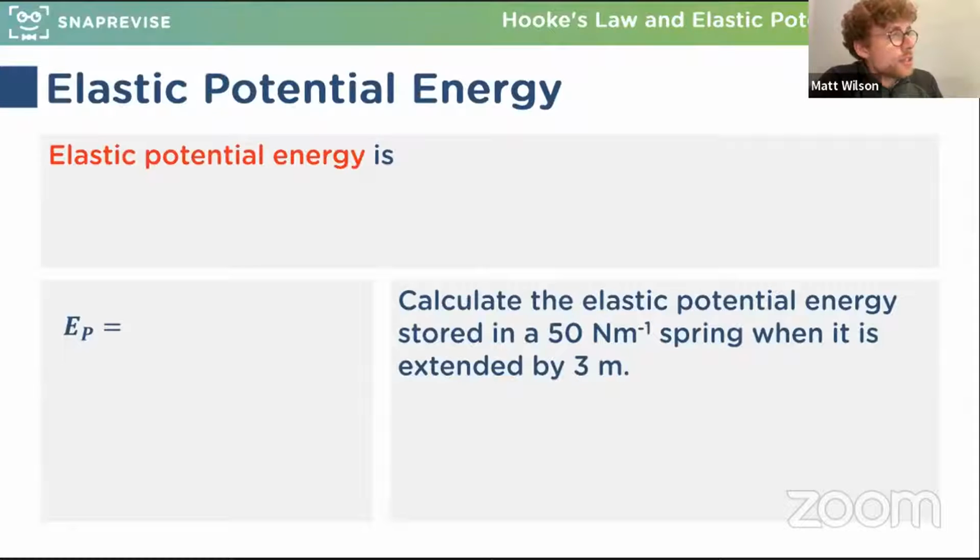So that's the energy. What we've covered so far is the energy required, the energy transferred as we stretch a spring. And the other way of thinking about this is to say that what we're computing is the energy stored in a spring once it's been extended. And that energy will be released as soon as we let go. So that energy that would be released as soon as we let go, we call it the elastic potential energy. It's the stuff that gives it potential to do something when we let go, fling out of your hands. So we call it elastic potential energy, and it is defined to be the energy